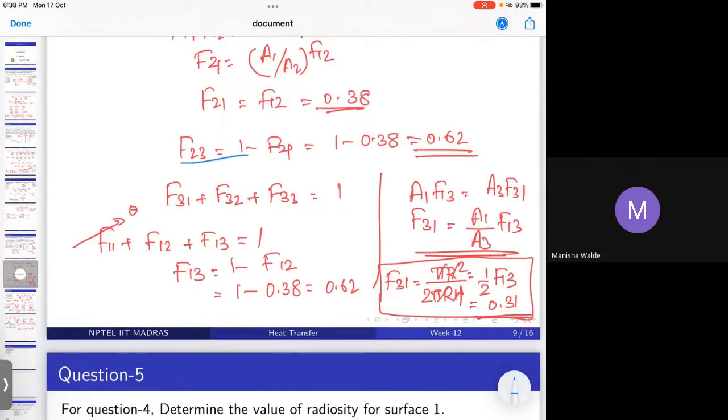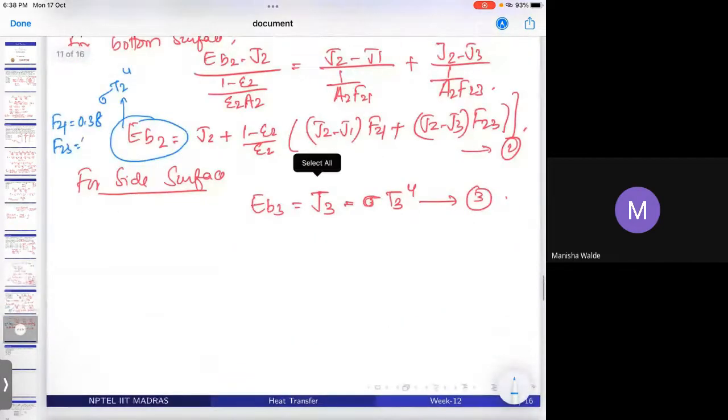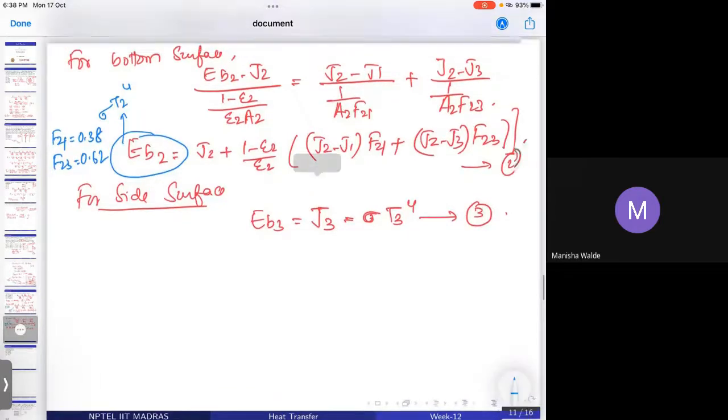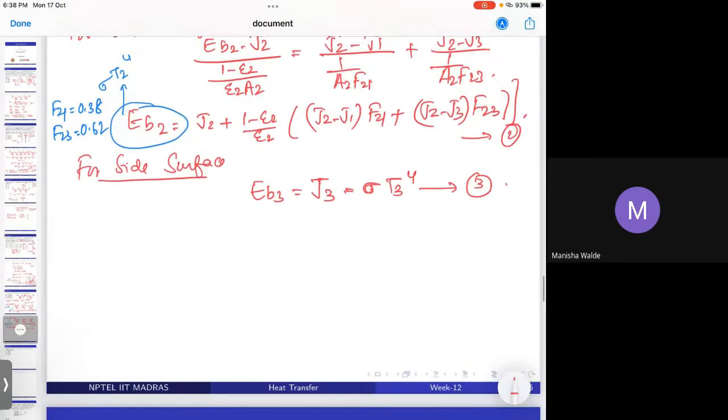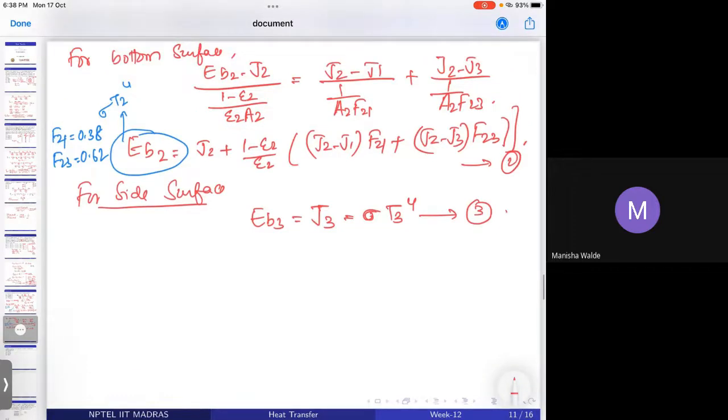This one, 0.6. So just substitute these values and we'll get equations. J3 we already calculated. So we'll get two equations in terms of J1 and J2, and you can solve them. It's a set of linear equations where we solve two equations like that, and you will get the final answer. I'm just writing the final answer of J1 is equal